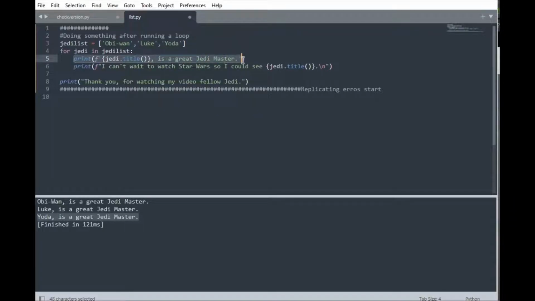End single quote, and then closing that off with parentheses there. And below that, it's going to say print and then another string. I can't wait to watch Star Wars so I can see, and then we're doing the same thing, inserting that variable. So it's going to be the Jedi Master's name. And below that, so once it's finished iterating through the loop, so it's gone through Obi-Wan, Luke, and Yoda, it's going to then print to the screen,